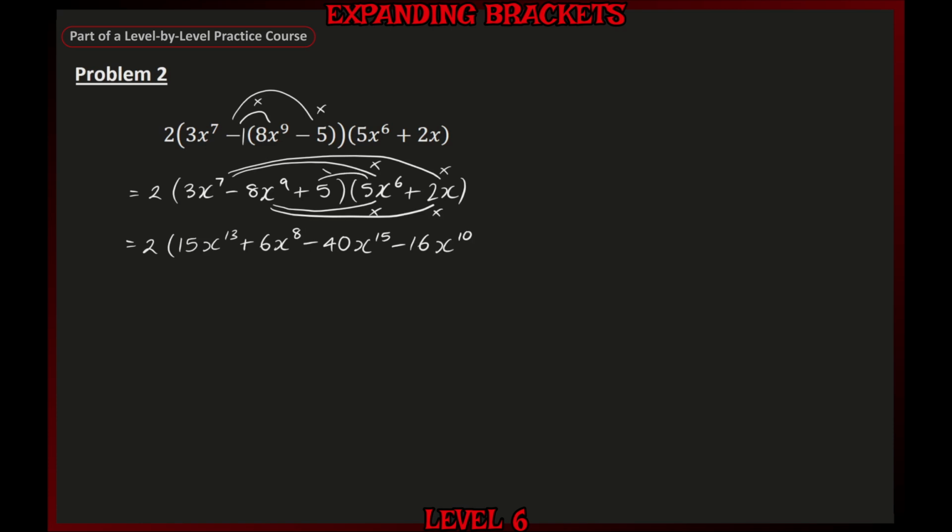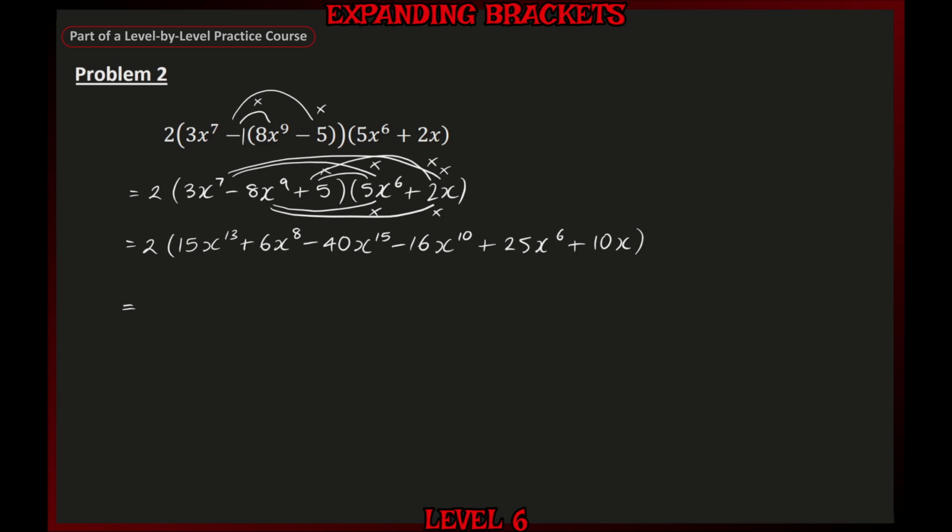Next, we have 5 times 5x to the power of 6, which is plus 25x to the power of 6. And 5 multiplied by 2x, which is plus 10x. And we close that bracket. Now looking inside this bracket, we don't have any like terms here. So this means that the only thing we need to do to finish this off is multiply everything inside the